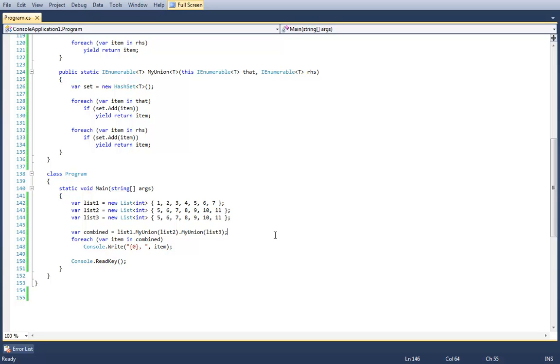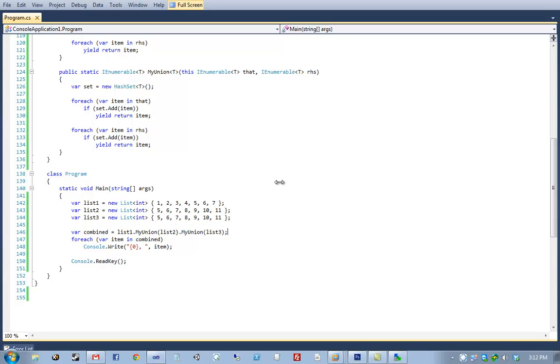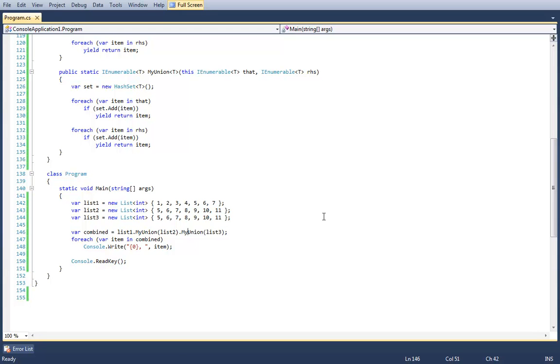Okay, so given that we know now, does everybody want another challenge? Is everybody up for some coding? Because we're going to be looking at two other very important methods. And I also want to point out something really quickly.